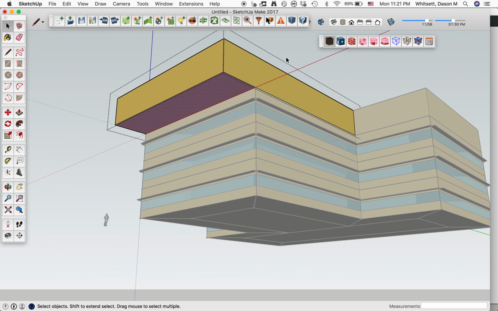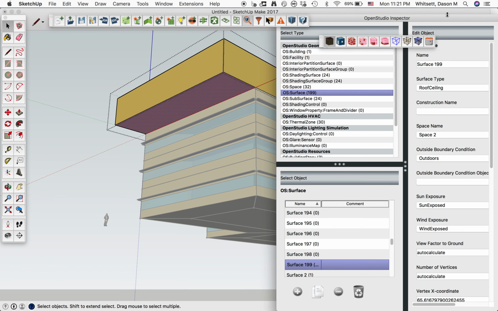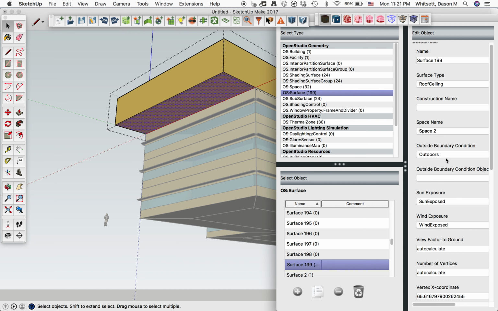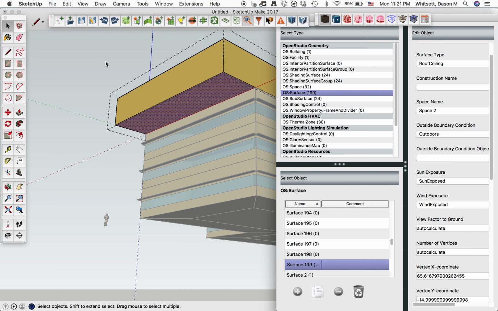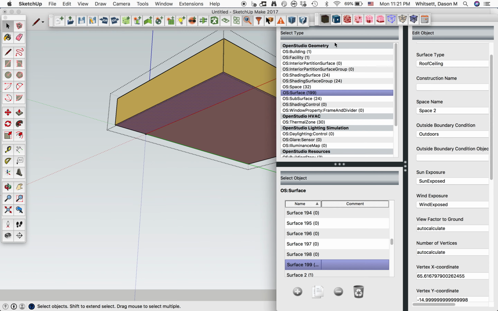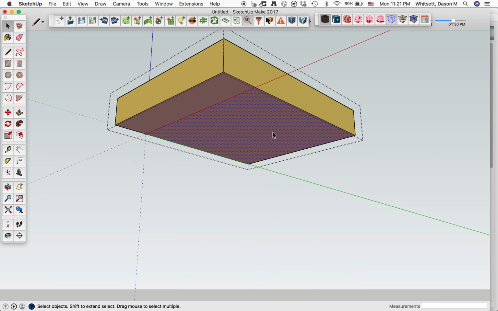With that selected, I'm going to use the inspector to give it a boundary condition of outdoors there, which it already picked up, so we should be in good shape. I'm going to give the other part of the surface a boundary condition of adiabatic,